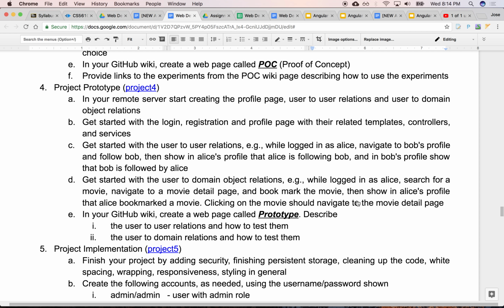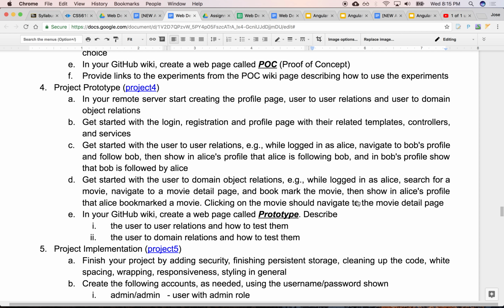Yes. So you have to start integrating that third-party API with your application. You need to store it in the database. You need to be able to see the books that you've reviewed, or you've bookmarked, or you've liked, or that you don't like, whatever. Right? Start integrating with the rest of the application. From your profile, you should be able to see books that you've bookmarked, books that you've liked, recipes that you've created, whatnot. Yes. So start creating the prototype.